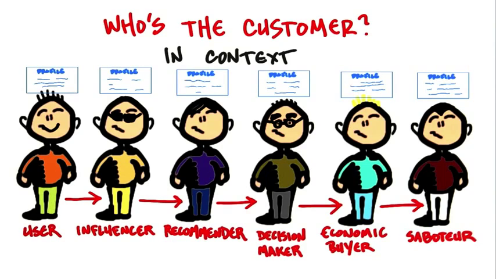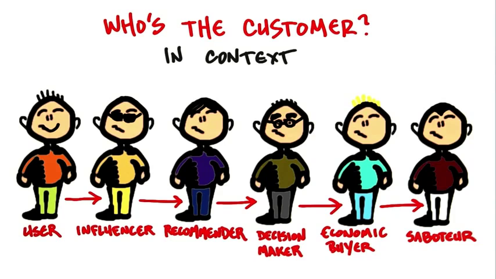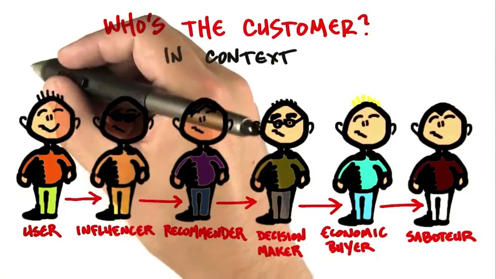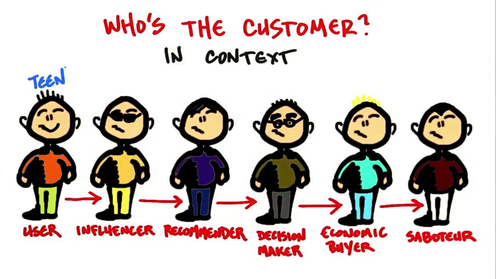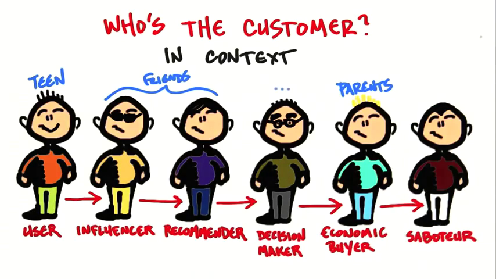Now, if you were kind of rolling your eyes going, well, I don't sell to businesses, I just sell to consumers, this isn't relevant to me, I want you to think of the case of selling entertainment software to teens. Well, think about it. You kind of say, well, the user, well, that's pretty simple. That's the teen. How hard can that be? Well, if they don't have a job, the economic buyer are their parents. And the influencers and recommenders may be their friends. And the decision maker, depending on your family, might be mom or dad or the kid or somebody else in between.